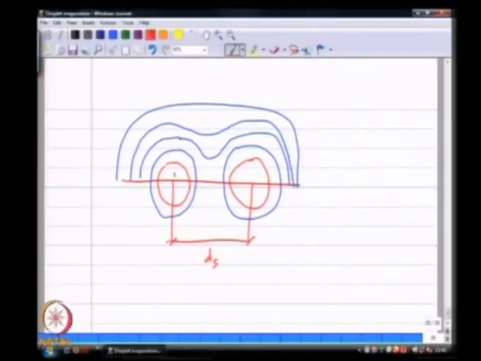So, the rate of evaporation of the first drop is affected by the presence of the second drop. So, if I call this my first drop and this is my second drop,